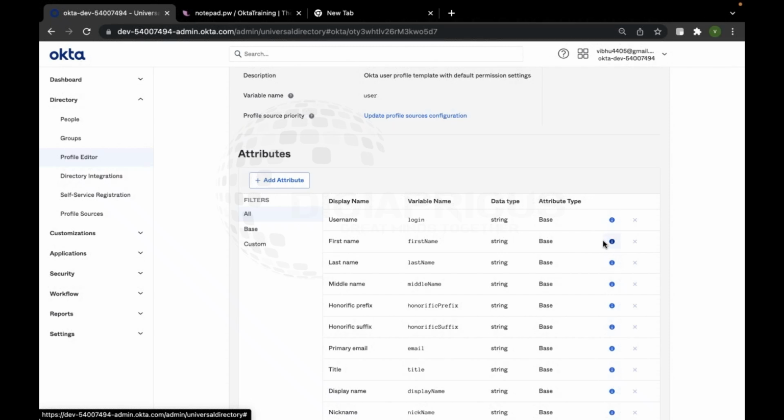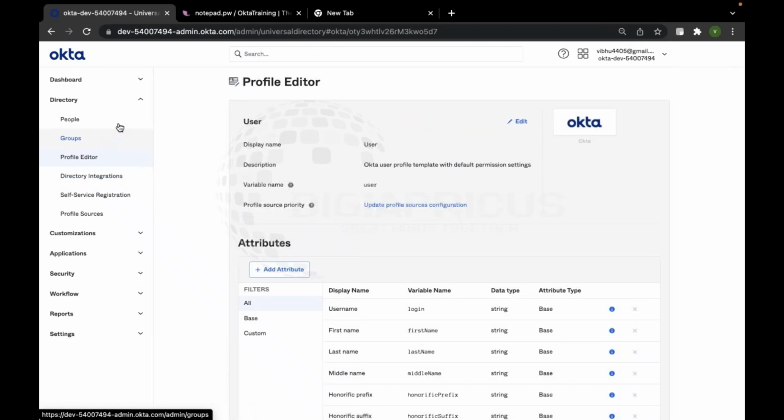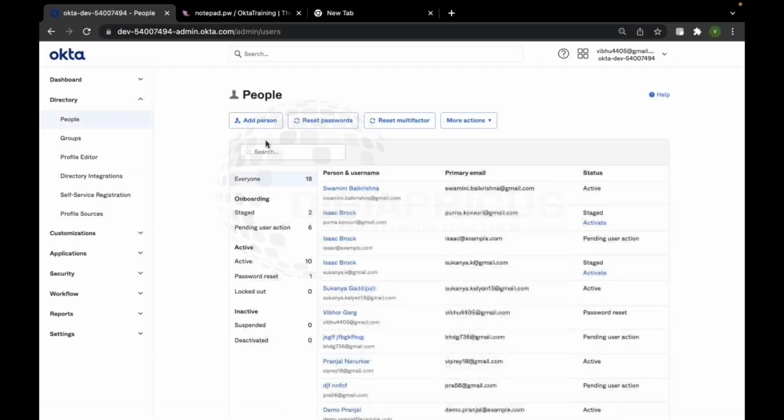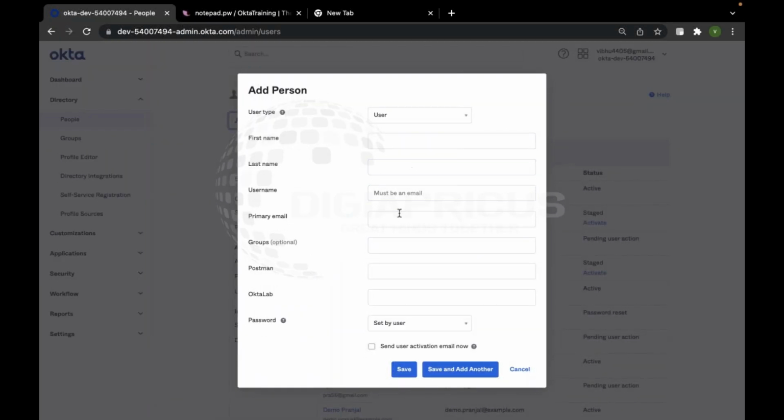So by default, right now, first name, last name, email, username, and login. These 4 or 5 attributes are mandatory attributes which we require for all the Okta mastered users. While creating a user, if I go back over here, and I don't give this, if I just give maybe test at the rate Gmail,